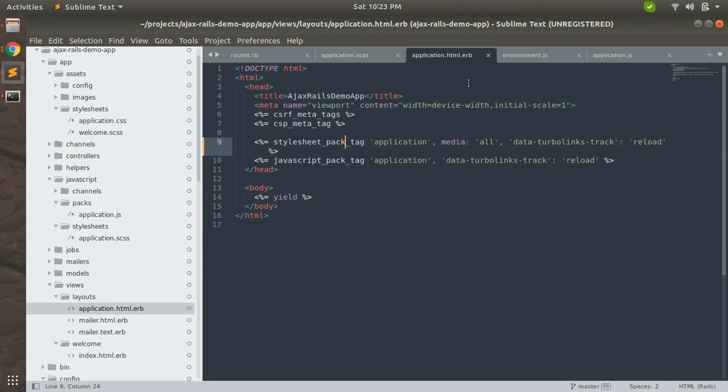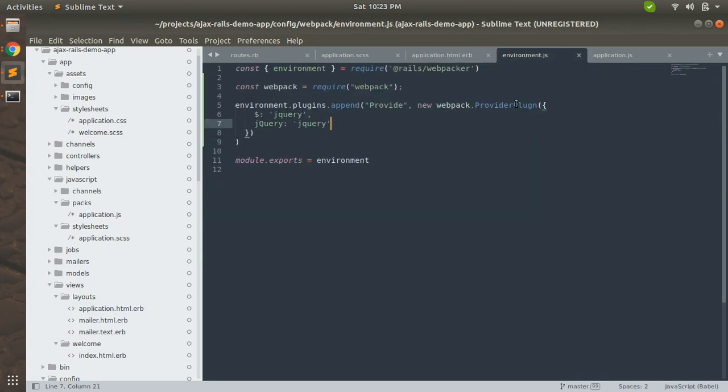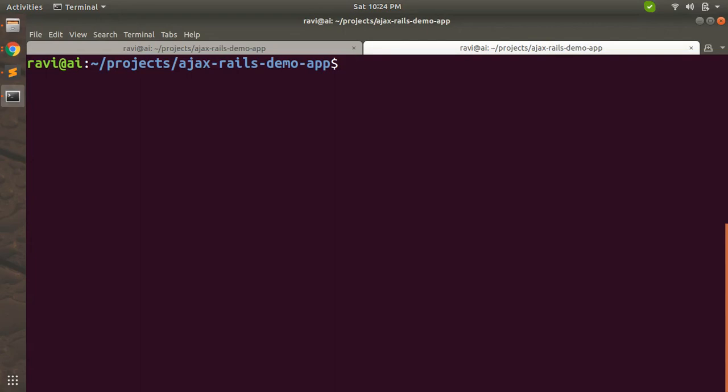Okay, there is some error in our environment.js, so we need to provide the plugin. Now, since we have added all of our Bootstrap, jQuery, and Popper plugins, we need to run the webpack-dev-server command to serve our assets faster. We are running this Webpack server because we are serving our assets using Webpacker. So let's run this command.